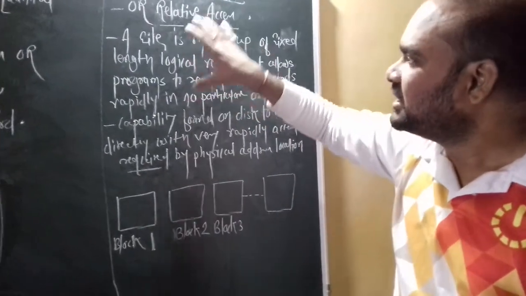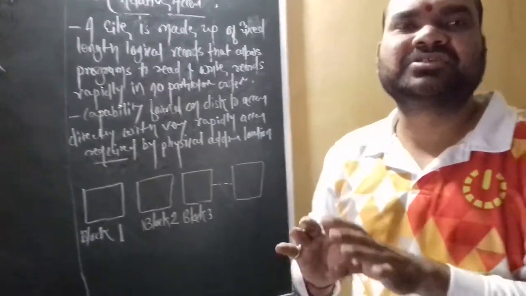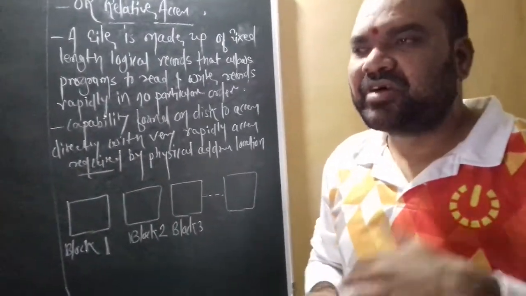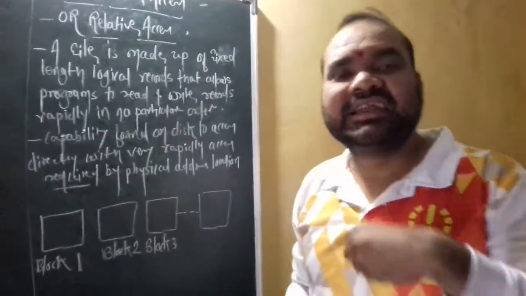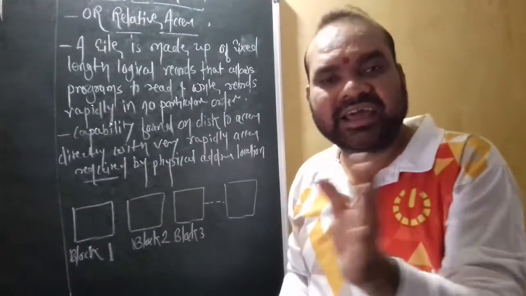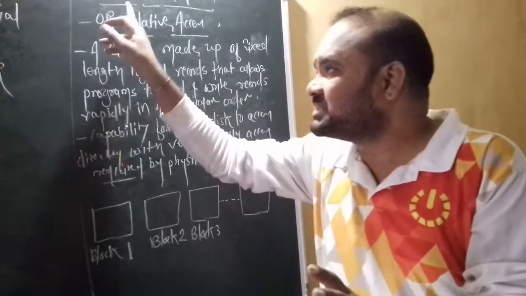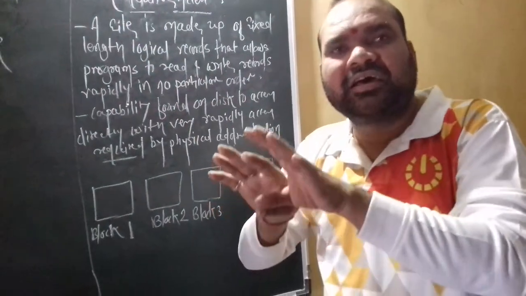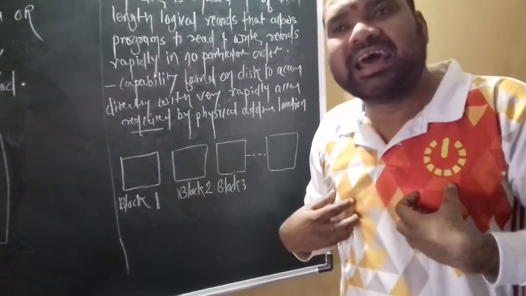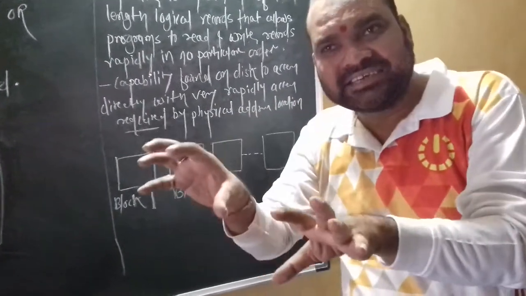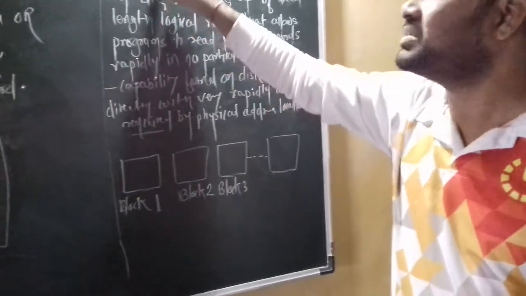Means here in this method all records and all information are stored properly and successfully. Once the particular records are stored, then we can easily read and write the records by these methods. But the main intention of this method is that the particular record or information we want, we can access very rapidly, very fast. Okay, this is exactly the main feature of this method.